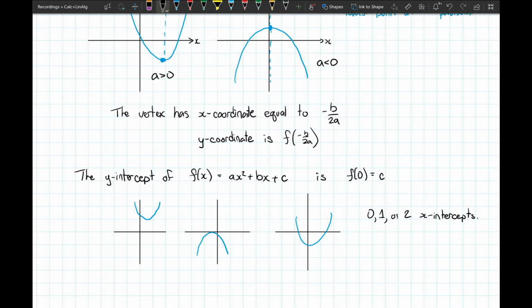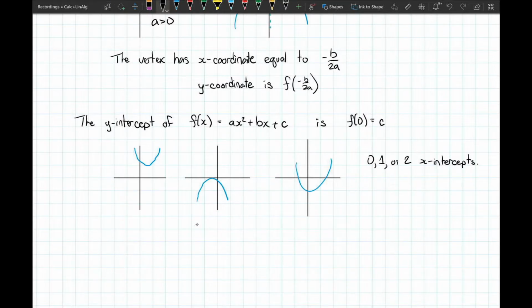Now suppose we wish to find those x-intercepts. The only thing that all of the x-intercepts have in common is that they have a y-coordinate of 0. Now remember that the output, f of x, is giving us the y-coordinate, so we're going to replace the f of x piece of the function notation with a 0 and then solve for x. So to find the x-intercepts, we're going to have to set f of x equal to 0 and solve for x. That leaves you with ax squared plus bx plus c